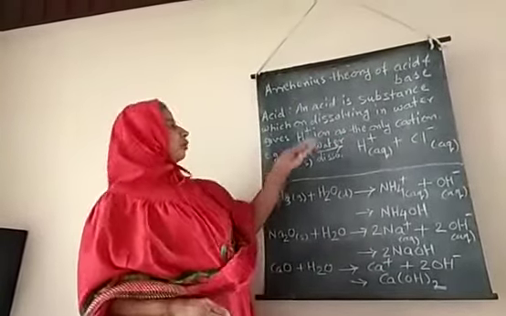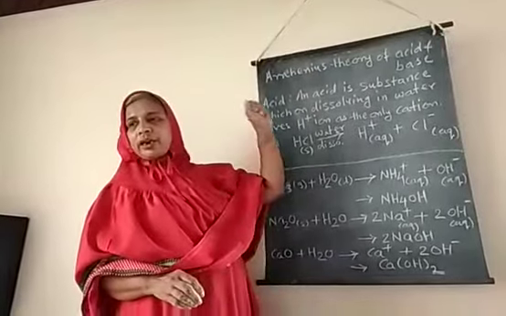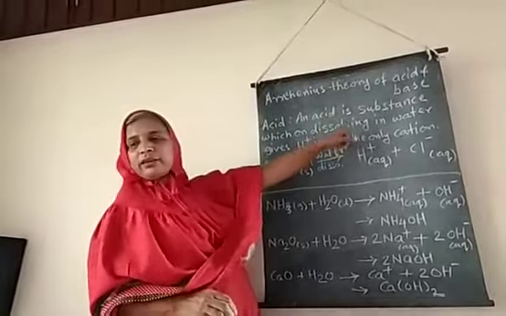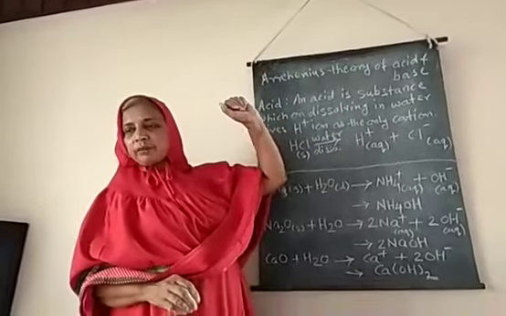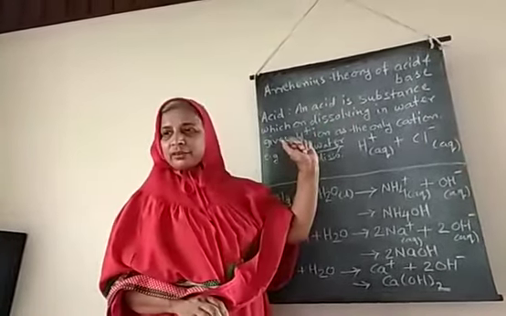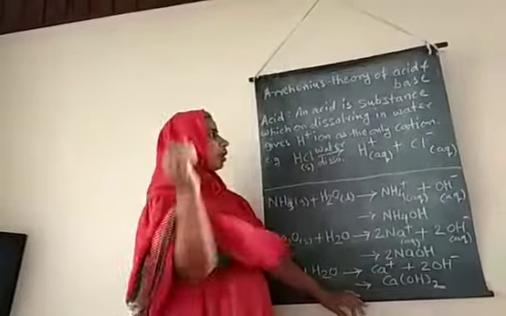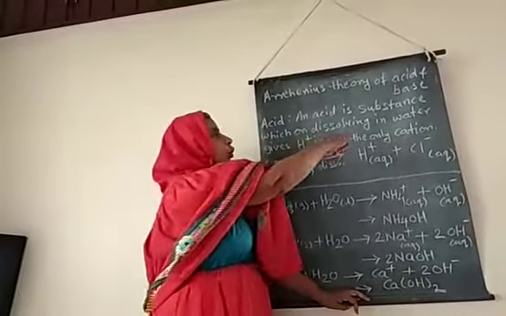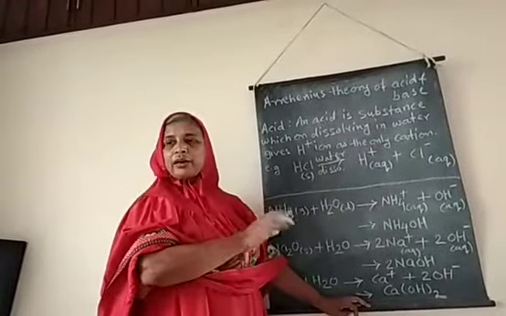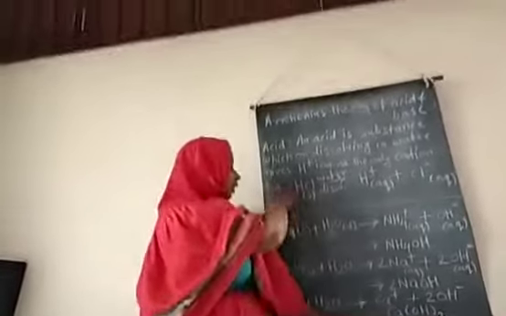When a substance is dissolved in water, and if it is soluble, then and only then ion formation takes place, meaning ions exist. Water separates the ions, and after dissolving, if the substance gives only H plus ions as the cation or the basic radical, then it is known